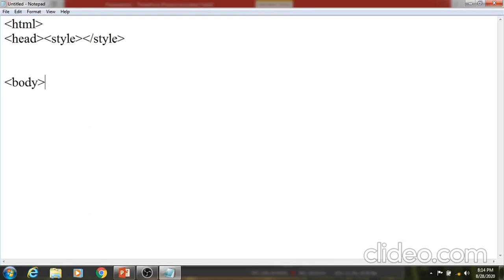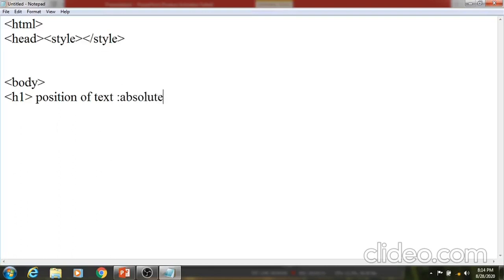For example, I am going to add text, the position of text, that is absolute.